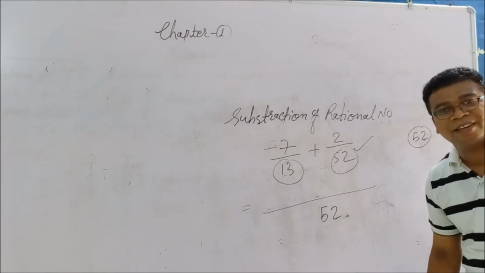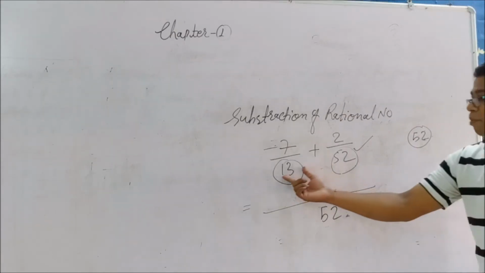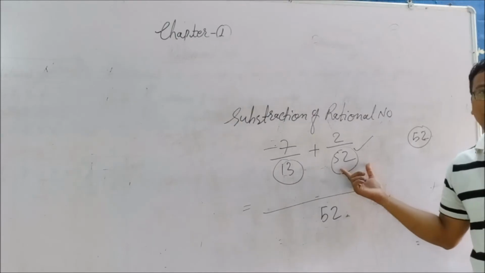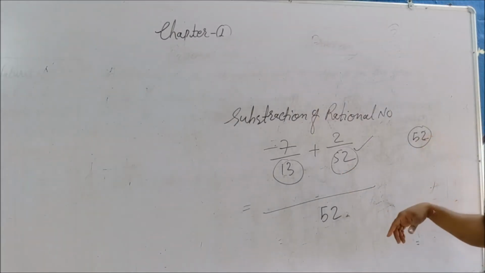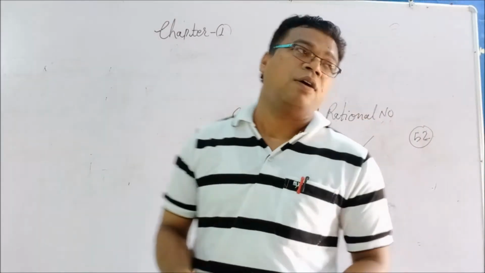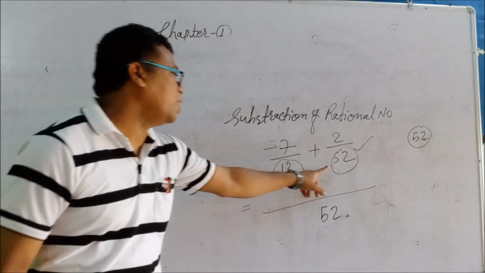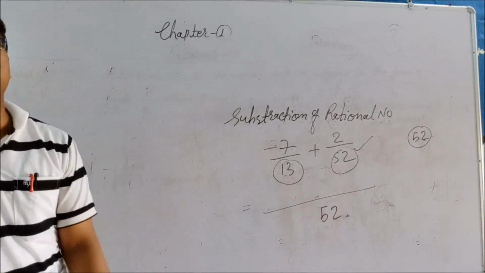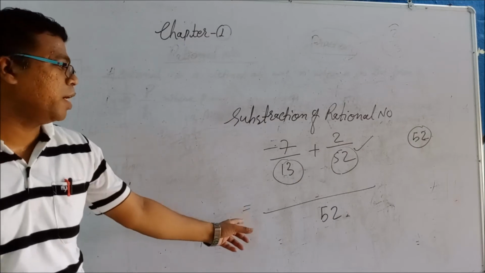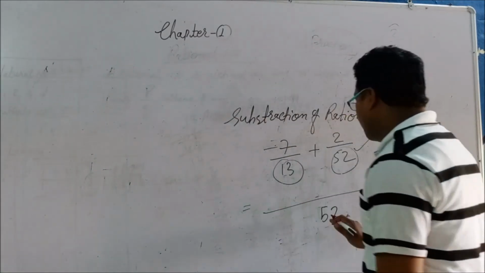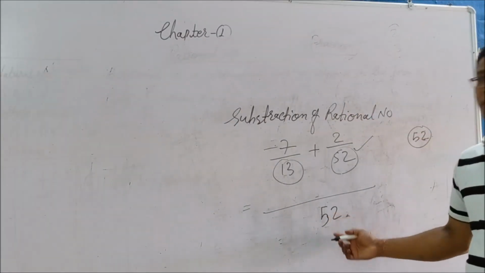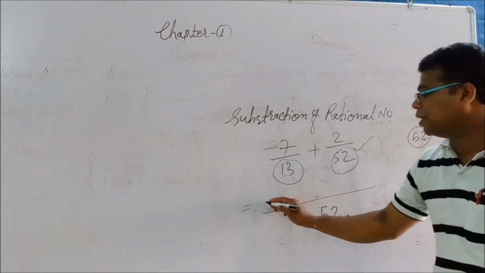That is the trick here. If both the denominators are interrelated, go for the bigger denominator, and check whether this biggest denominator comes in the table of the other denominator or not, and according to that, that is going to be the LCM. So what is the LCM? 52. Right now I am going to solve by the same method.